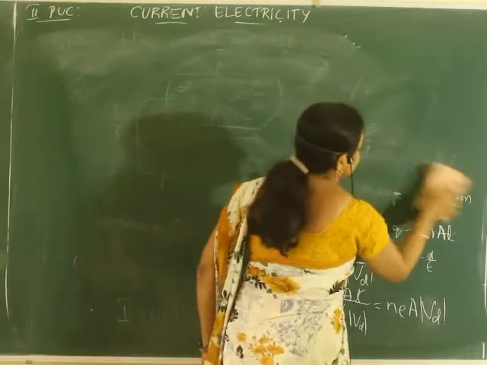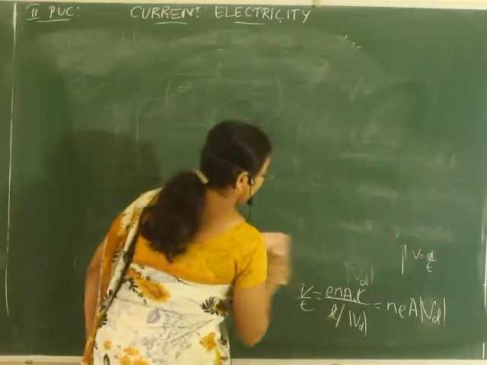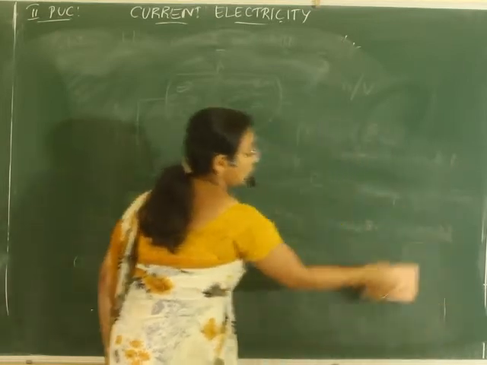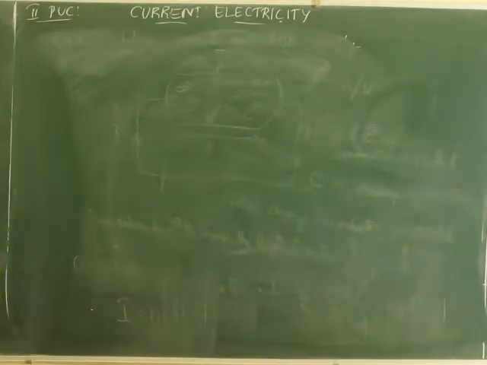Current density is nothing but current per unit area taken normal to the direction, correct? How do we do this derivation? The relationship between J, rho, sigma and